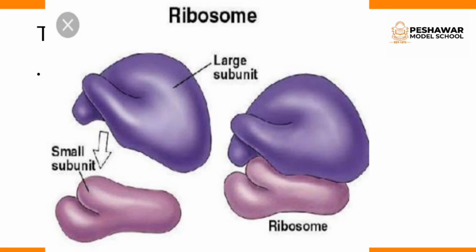This is the diagram of the ribosomes. You can see the large subunit. It is like gloves. It is the large subunit, that is 80 Svedberg, which are the eukaryotic ribosomes, and the smaller units, which are 70 Svedberg, which are the prokaryotic ribosomes.